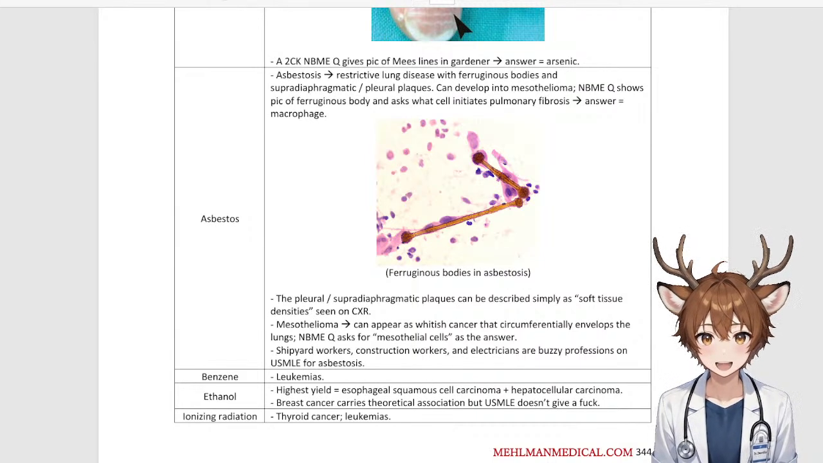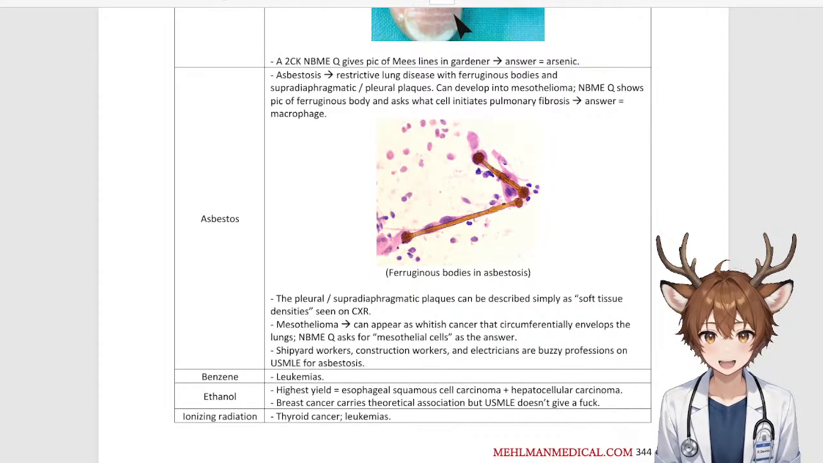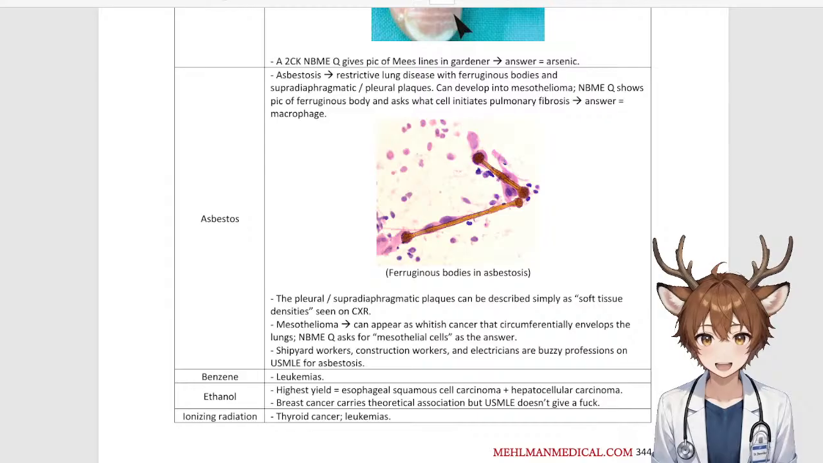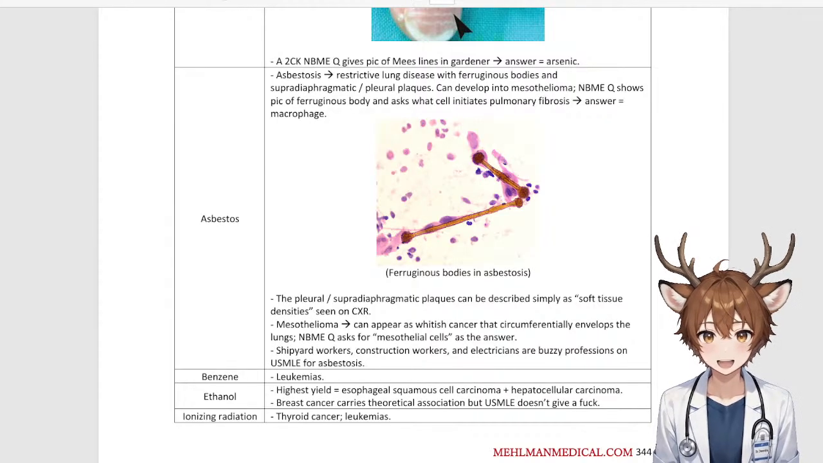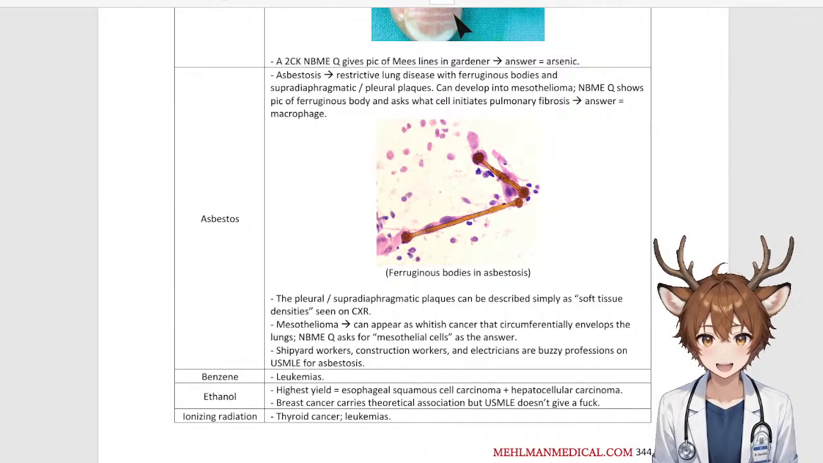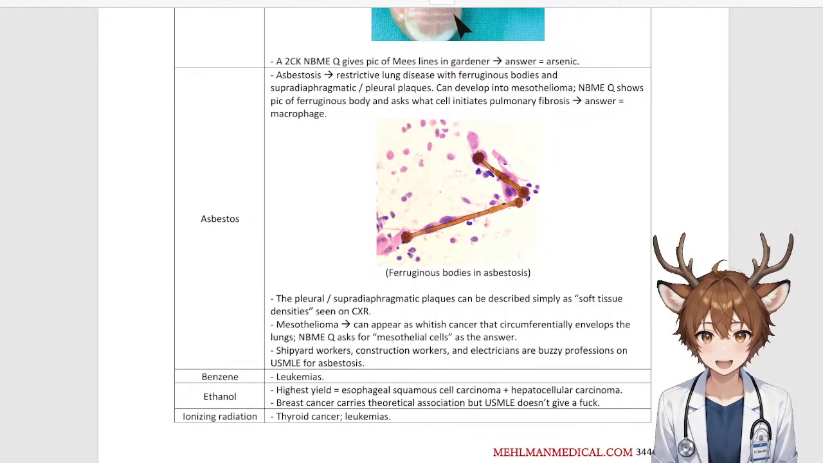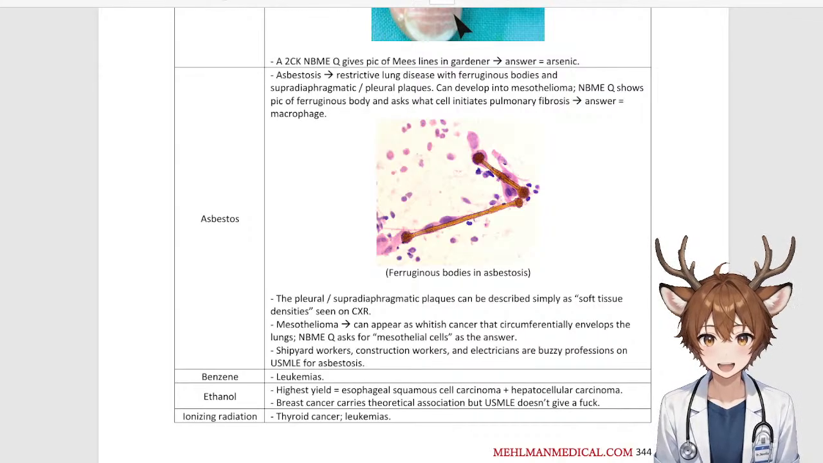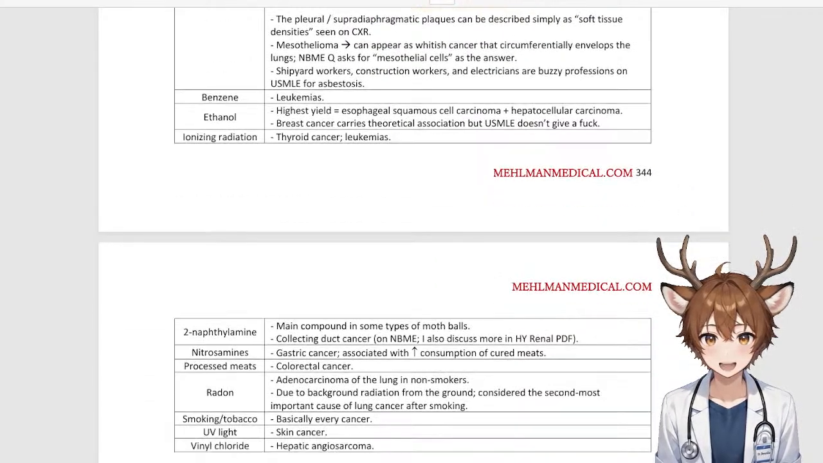The pleural/supradiaphragmatic plaques can be described simply as soft tissue densities seen on chest X-ray. Mesothelioma can present as a whitish cancer that circumferentially envelops the lungs. NBME question asks for mesothelial cells as the answer. Shipyard workers, construction workers, and electricians are buzzy professions on USMLE for asbestosis. Benzene,